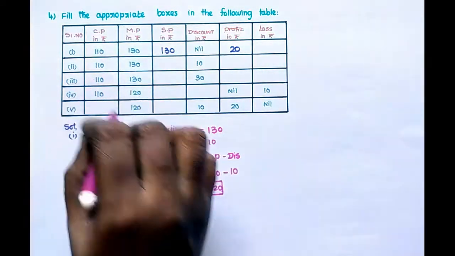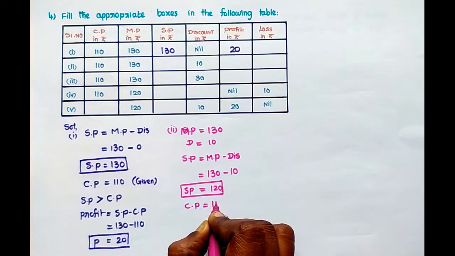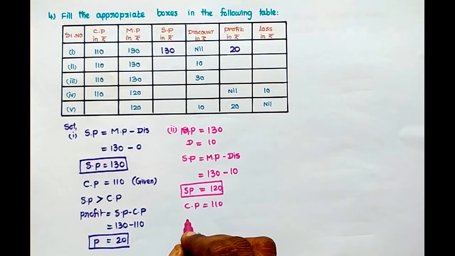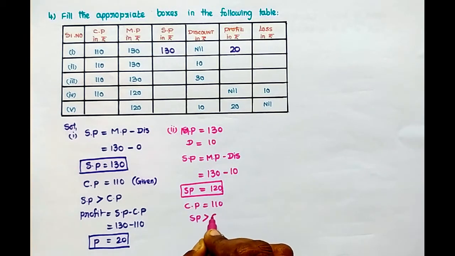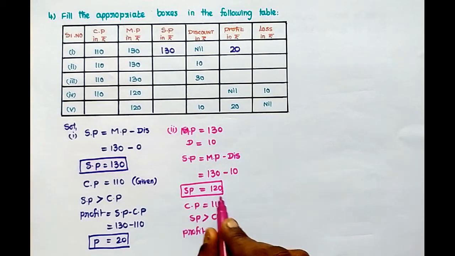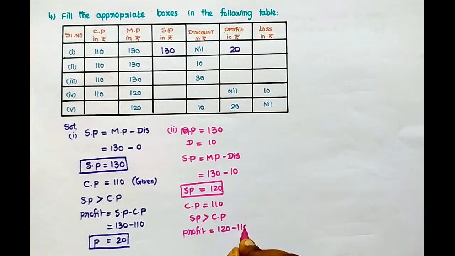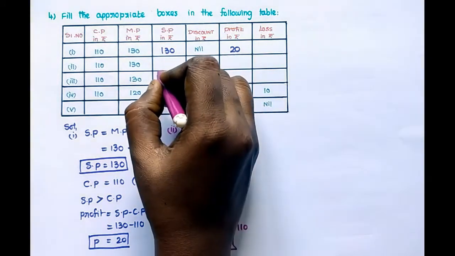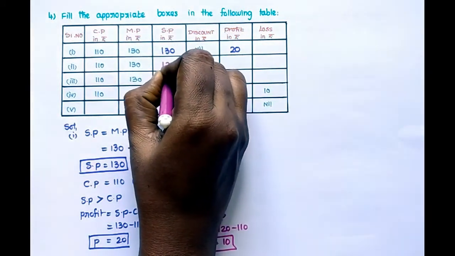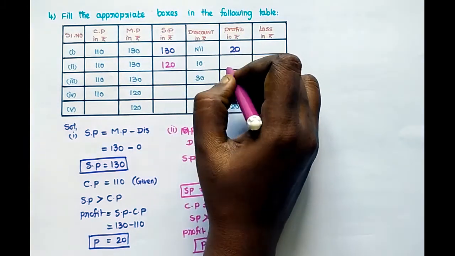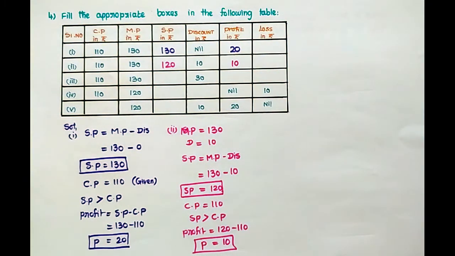Now cost price they have given how much? 110. So here also selling price is greater than cost price. So profit equals selling price minus cost price, that is 120 minus 110, we get how much? 10 rupees, that is profit. Now write down selling price 120 rupees, discount 10 rupees, means profit 10 rupees. Next one,